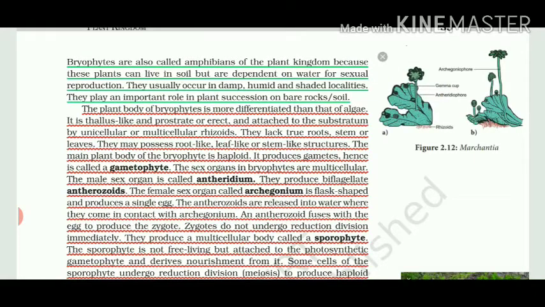Now, let's talk about the plant body of bryophytes, how it is differentiated from Thallophyta or algae. Now it is thallus like. It can be prostrate or erect, means the body can either stand vertically or lie horizontally on the surface. And how is it attached to the substratum? Underline: what is substratum? Substratum is the surface. Let's say if we say bryophytes are grown on the rocks, who is the substratum in this case? Rocks are the substrate. Rhizoids can be made up of a single cell structure or they can be multicellular.